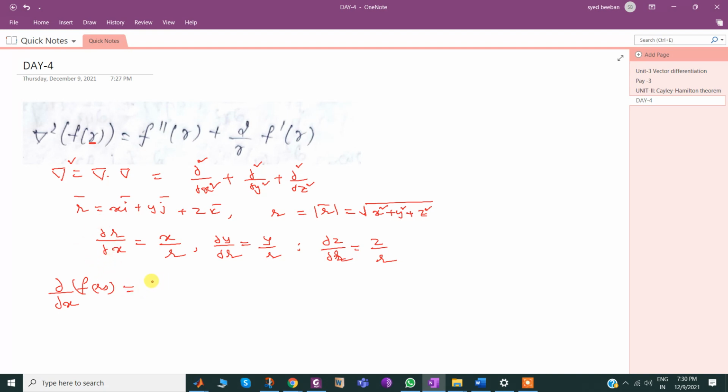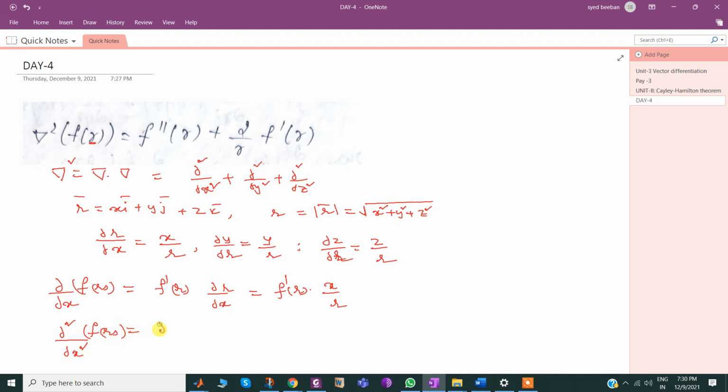So f dash of r times dou r by dou x, treating the variable as r, which is equal to f dash of r times x by r. This is the first derivative. Similarly, the second derivative, dou square by dou x square of f of r,